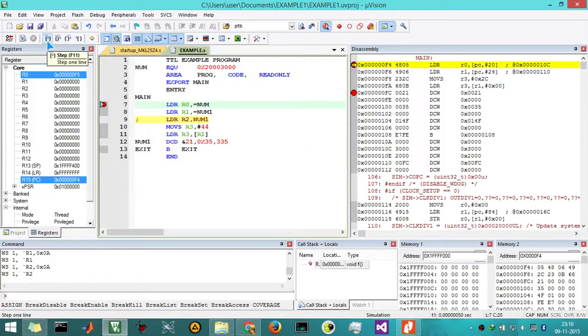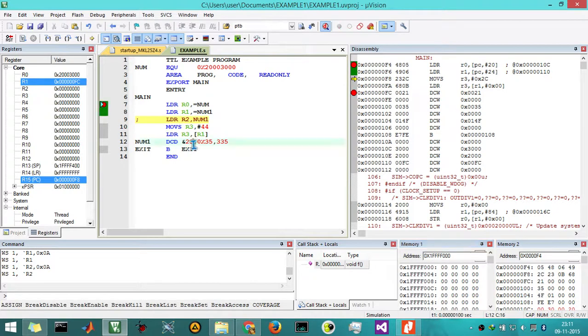LDR R0 is equal to num, and it is now 0000FC. Earlier it was 1FFF0000 because earlier we declared that memory in random access memory. Now we are declaring that memory in read-only memory, so it will be a part of the program only. Now we can see here at FC the data present is 00000021.